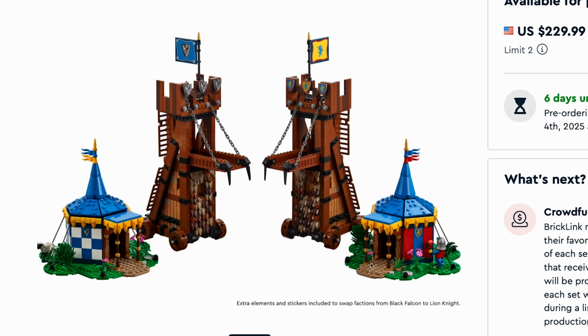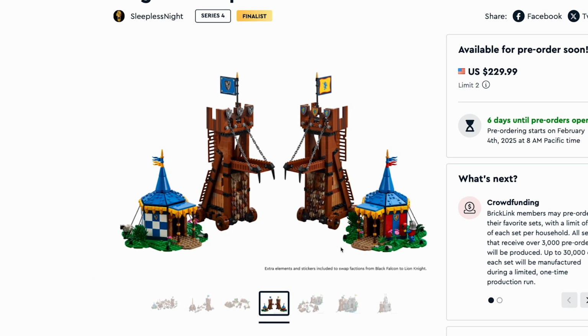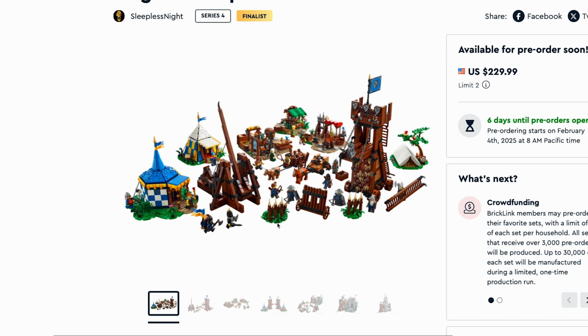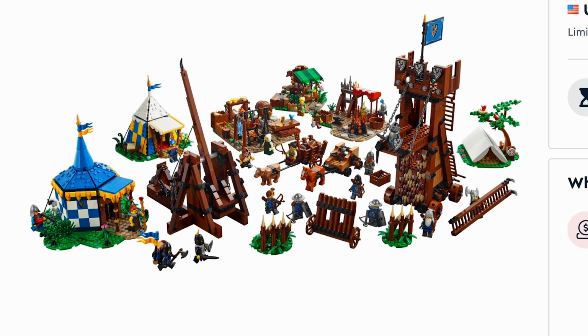The designer really didn't have to go the extra mile for that, but they did. And so huge shout out to Sleepless Night again for that. That is really, really awesome. And I'm not going to go through the entire list of everything here. There are so many different sections and elements, and so much play value in this that I really think this is a solid contender for something that you should consider